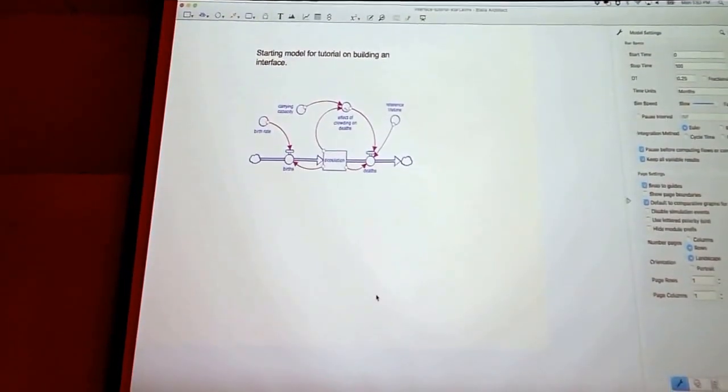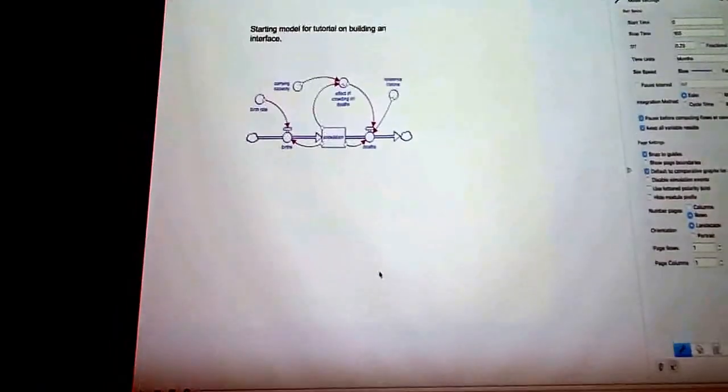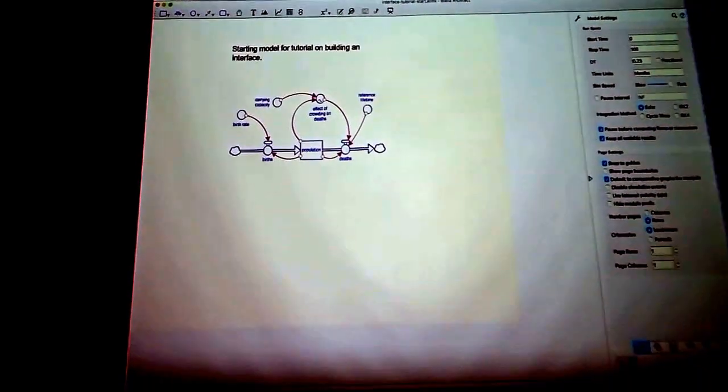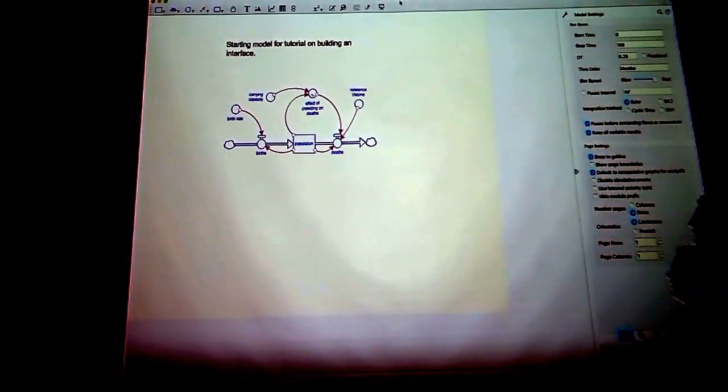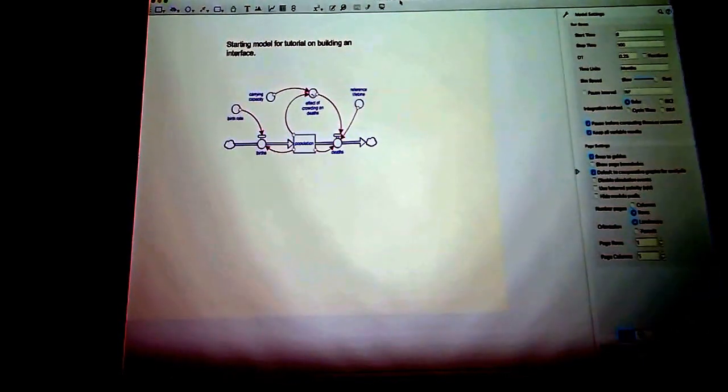You all downloaded the materials that Paul had uploaded. In this case, the model I want you to open up now is Interface Tutorial Start. It's a simple carrying capacity model. Model's totally boring. But what we're going to do here is introduce you to the structure of the interface portion